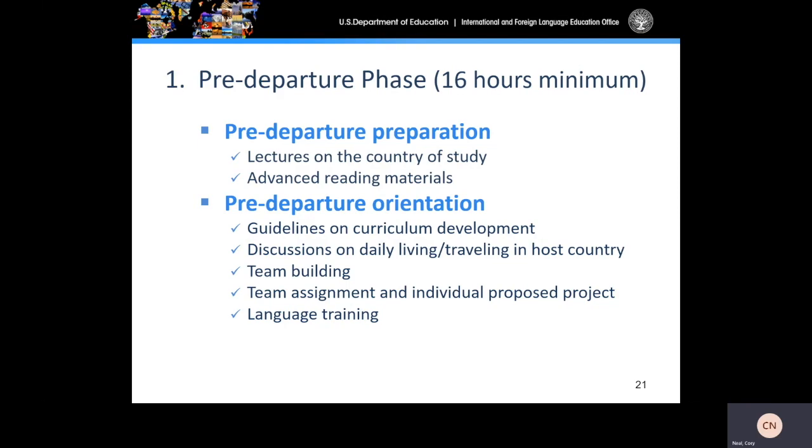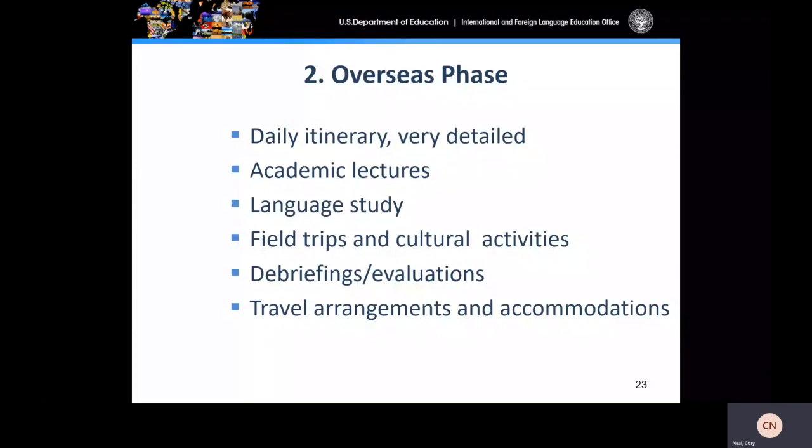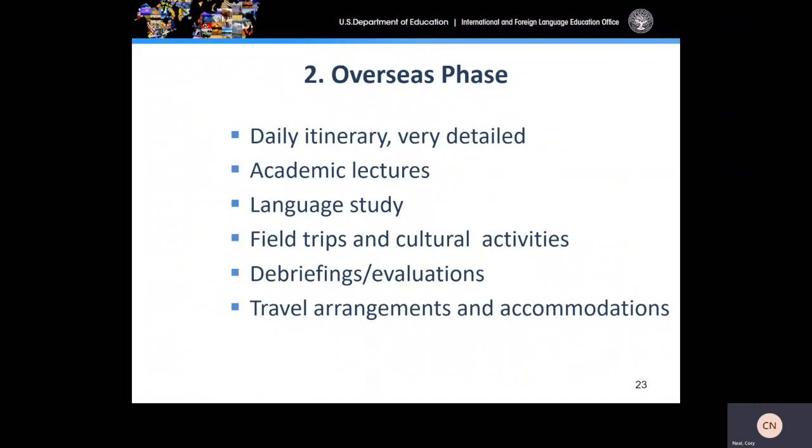The next phase is your overseas phase. This is where you should provide detailed information for your in-country itinerary. These details should include a daily itinerary, details about any academic lectures, language study, field trips, cultural activities, debriefings and evaluations, and travel arrangements and accommodations.